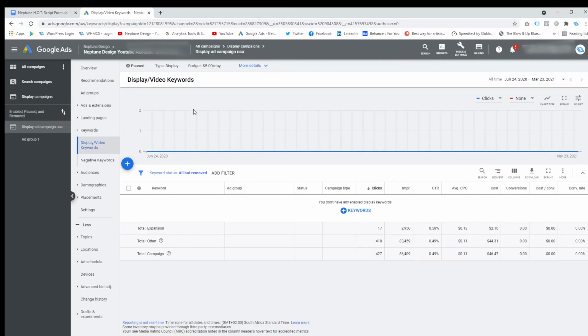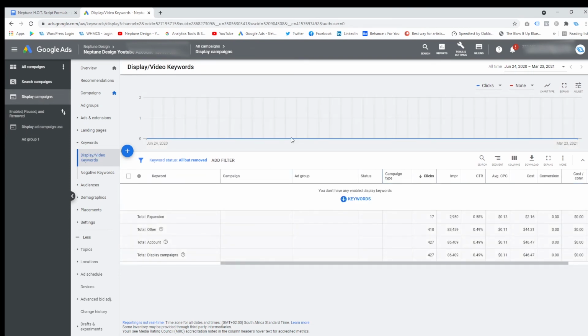And here's how you do it. So let's create a custom intent audience. The first thing you want to do is go over into your display campaign. Now, if your view doesn't look like mine, it's because you're not in expert mode. I want you to click on Tools and Settings and click on Switch to Expert Mode for a more detailed